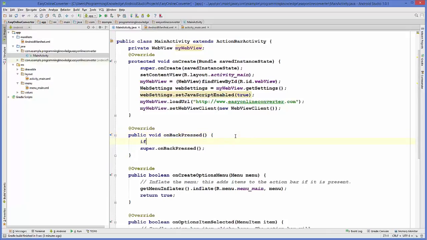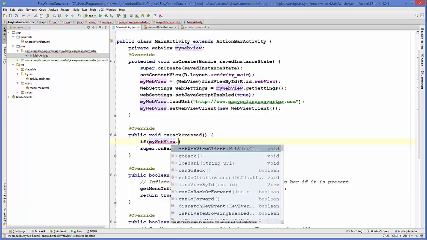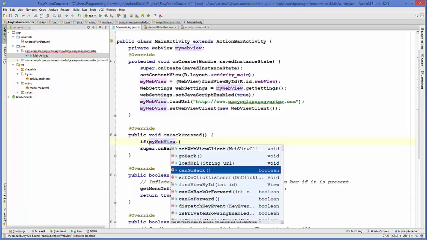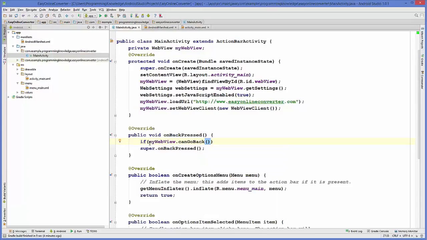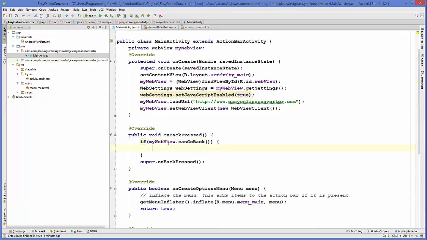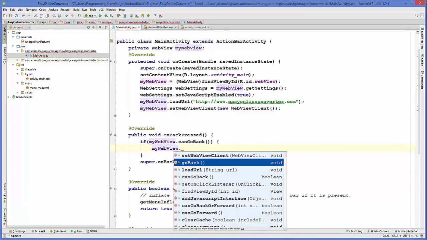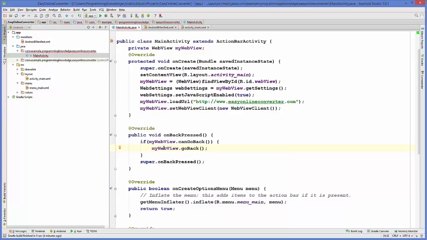So we will add a condition here, and this condition is just take your myWebView first of all, and then we will first of all check if we can go back. So there is a method called canGoBack, and it returns a boolean value. So if in the app you can go back, then it's going to return true, and in this case what we will do, we will go back. So just take your myWebView object and then call a method called goBack. So if you can go back, you will go back,